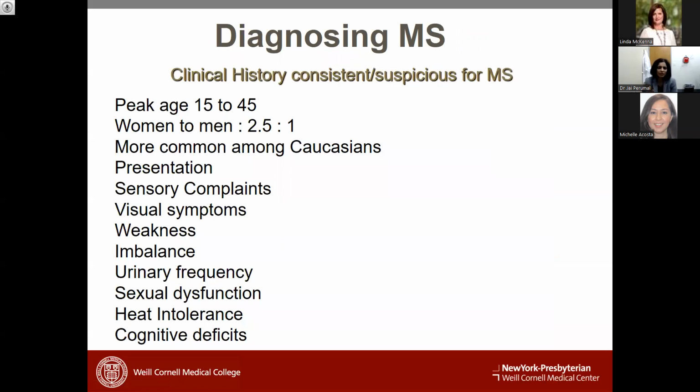Now, how does one diagnose MS? The peak age is about 15 to 45. Actually, the mean age is about mid-20s. So patients are diagnosed quite early. It's often a disease that affects the young population. When you look at the ratio of women to men, in most autoimmune diseases like lupus, the ratio is much higher. It approaches 8:1. With MS, it tended to be low, but now that incidence seems to be gradually increasing over time.